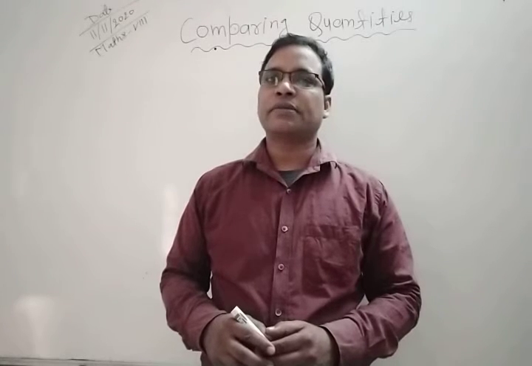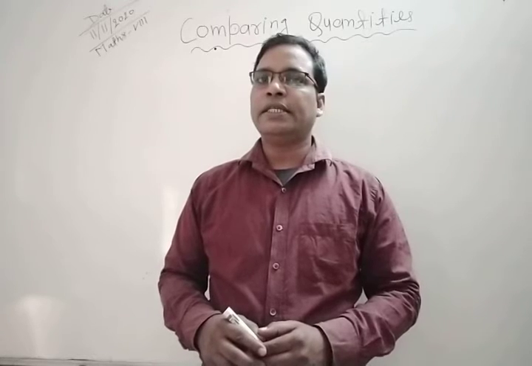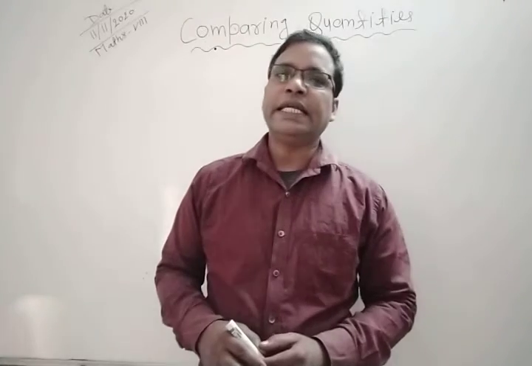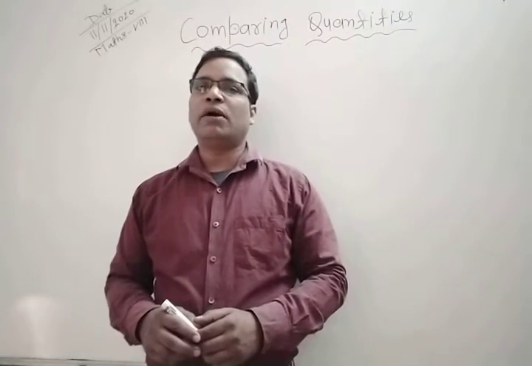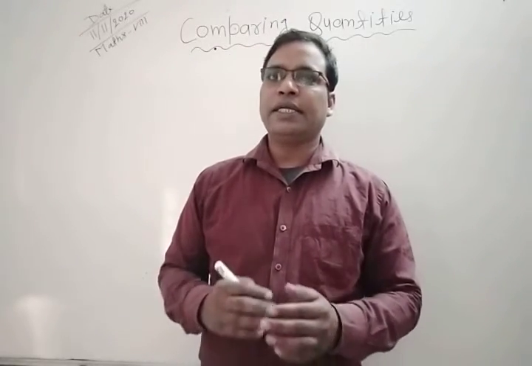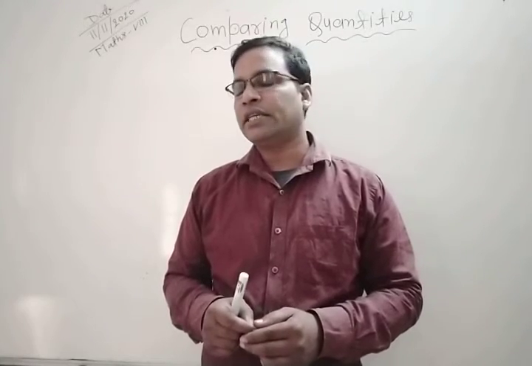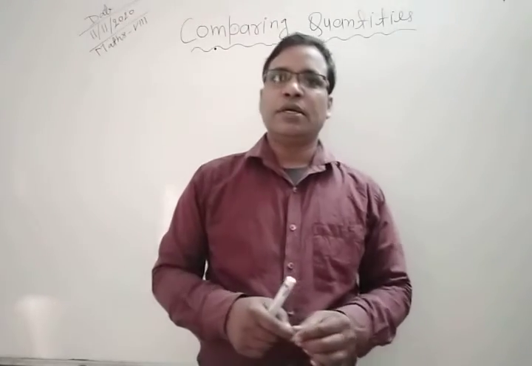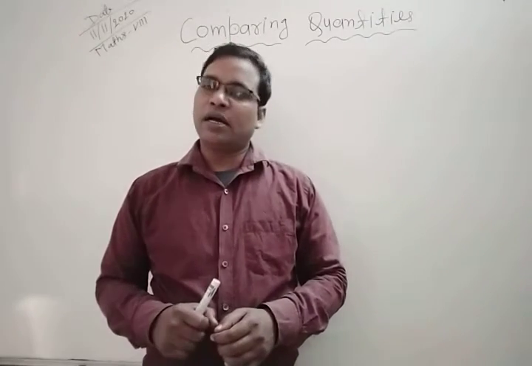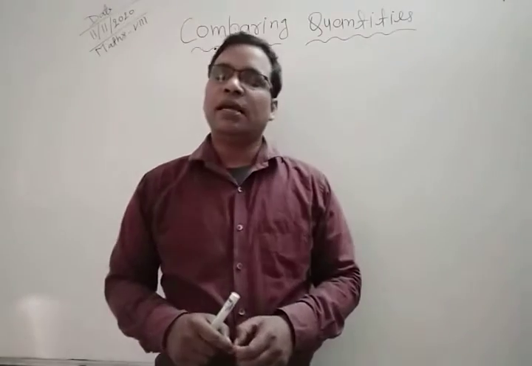half yearly. Would this interest be more than the interest we would get if it was compounded annually? So in this question, it is given that principal is 10,000, time is 1.5 years, and the rate is 10% per annum. So first we find the amount compounded half yearly. After this we find the amount